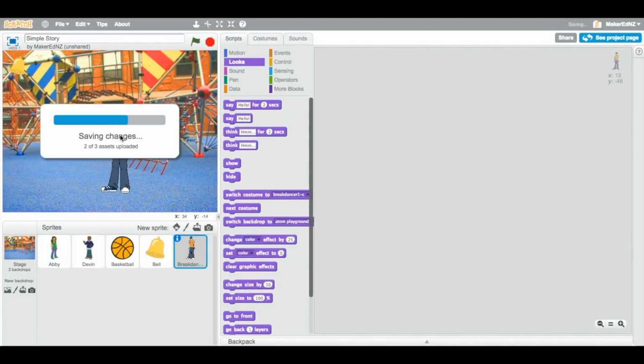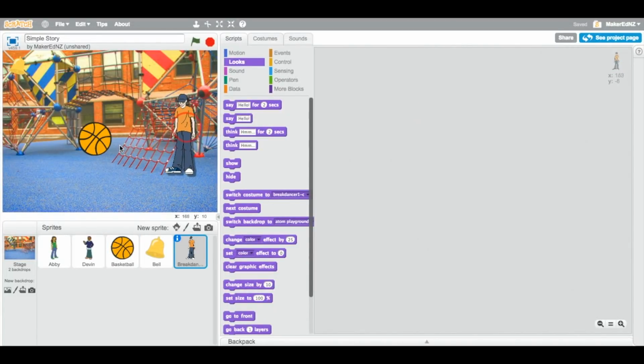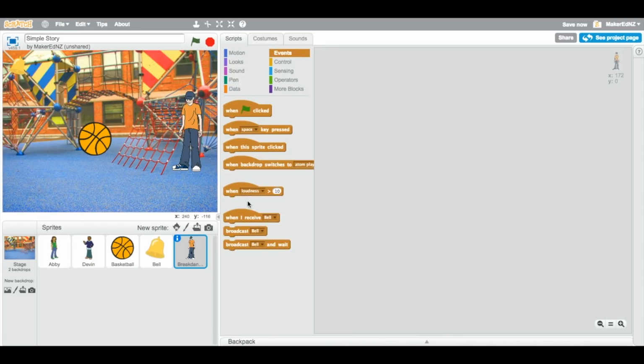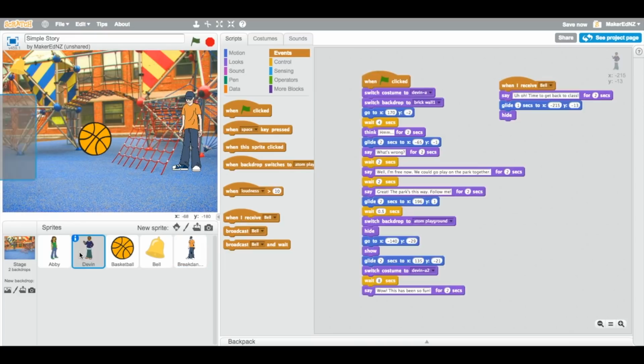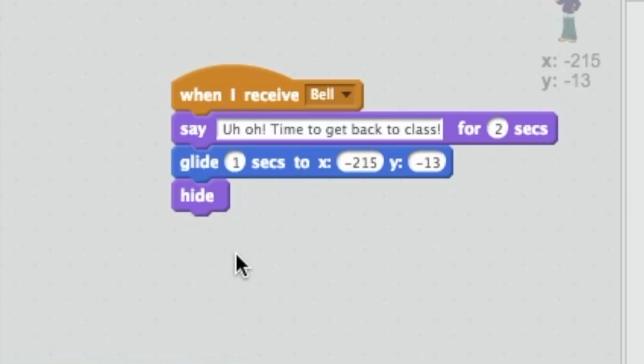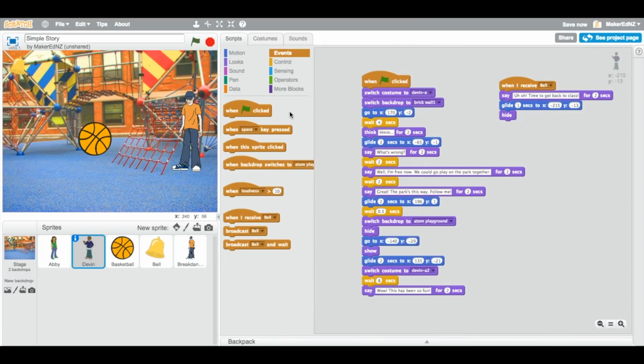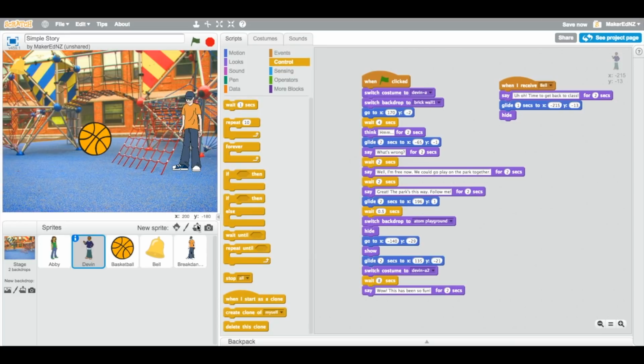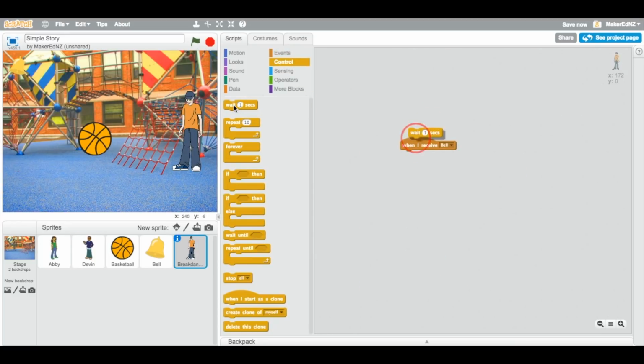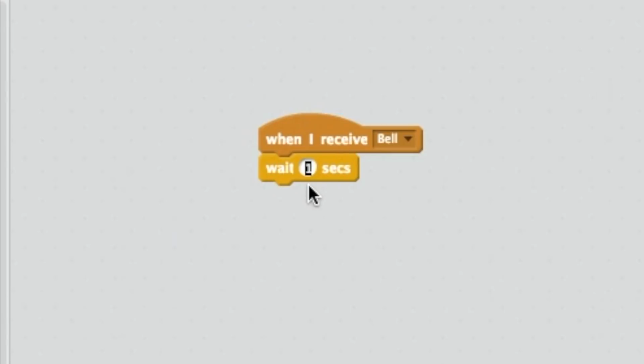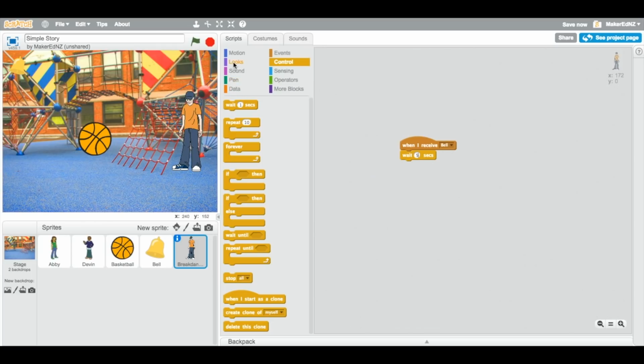So the first thing I'm going to do is add another sprite. Let's go add this guy. And he's going to come on after the bell goes. So we want to do another when I receive bell, and we're going to wait until Devin leaves, after 3 seconds after the bell goes. So let's have him appear about 5 seconds after the bell. So let's do control, wait 5 seconds, and then we'll do